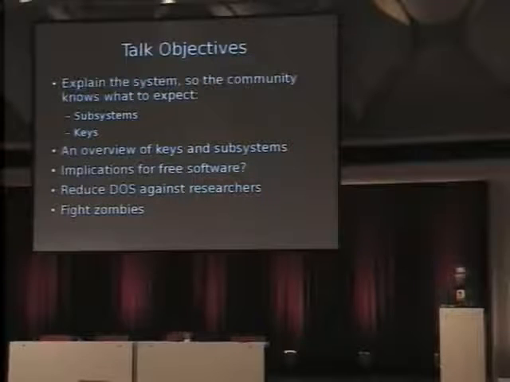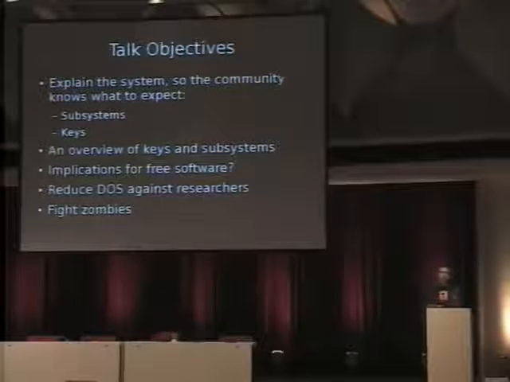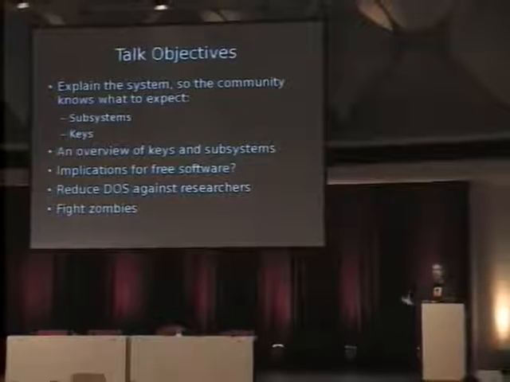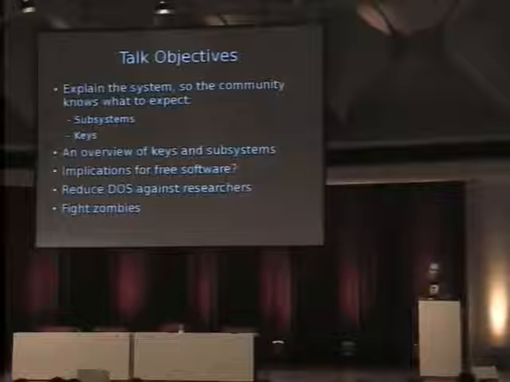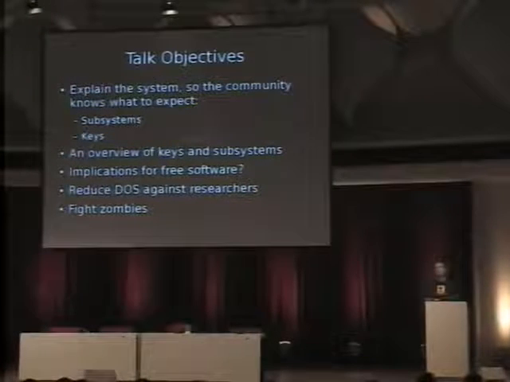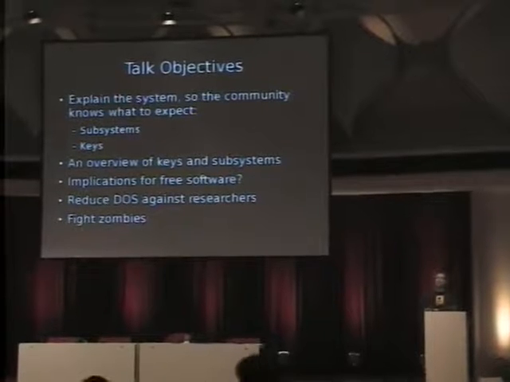And so the objective of the talk that I'm giving today is going to be to explain how the different subsystems of AACS fit together, and what keys they use, for example, the processing key that we just saw, and what role those play. To try and answer what the implications of this standard for DRM will be for free software and the open source software world. And also to reduce what I would almost call a denial of service against researchers or programmers who need to work